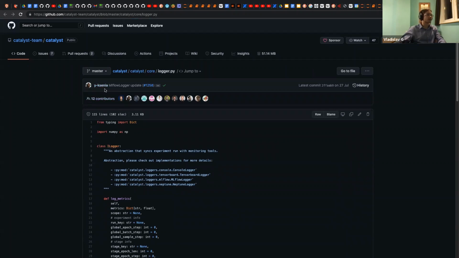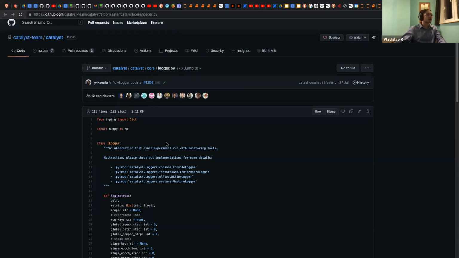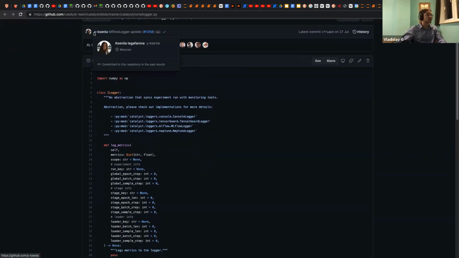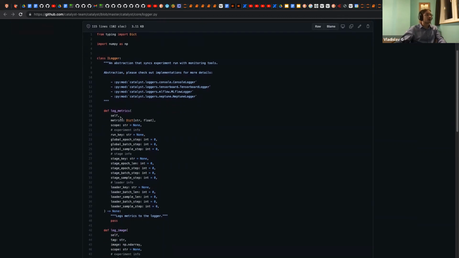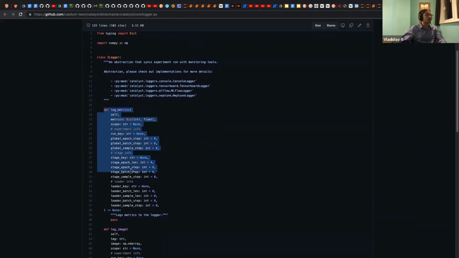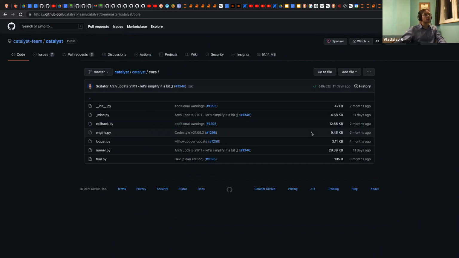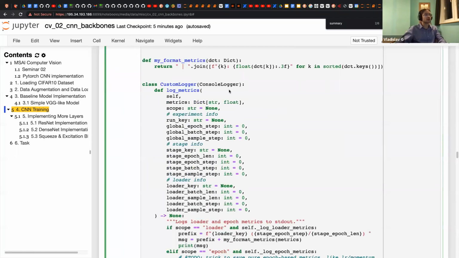For example, we, with Xenia, implemented the MLflow logger as well as the ClearML logger. So the ILogger has this interface, and what we see in our notebook is an exact copy of this interface.